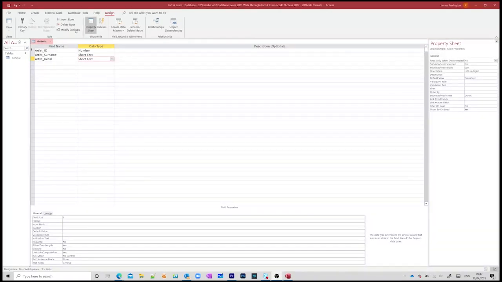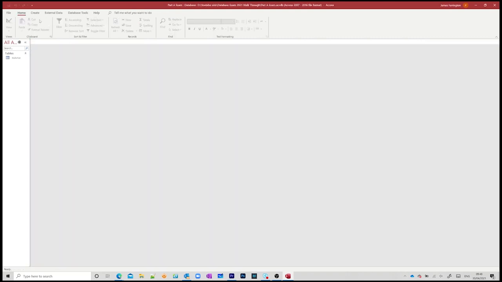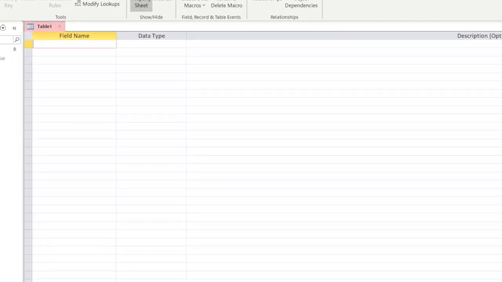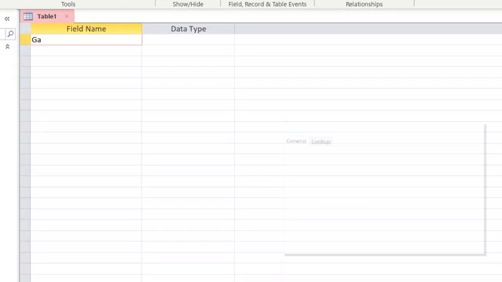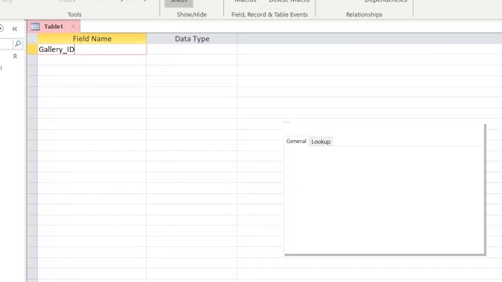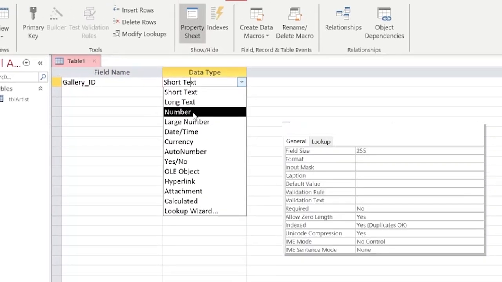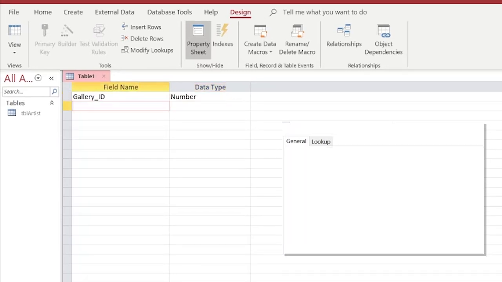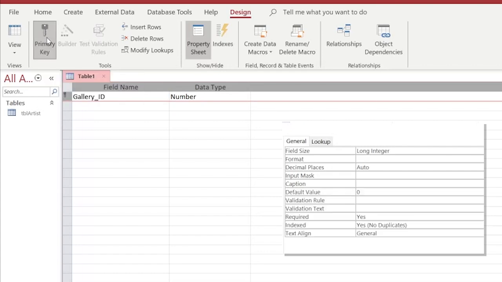Now click on the X on the Table tab and click Yes to save. Now we're going to move on to the next table. And the next table that we're going to create is going to look at the area of gallery. Again, like we did before, we're going to use gallery ID, and the data type is going to be number, and we need to make sure that we're establishing that as a primary key, so that makes it a unique